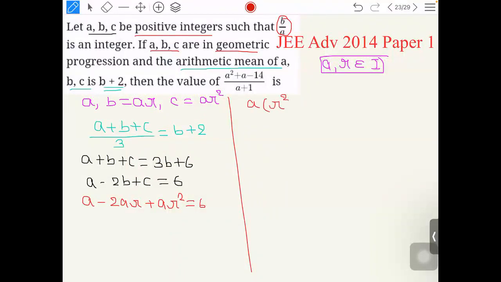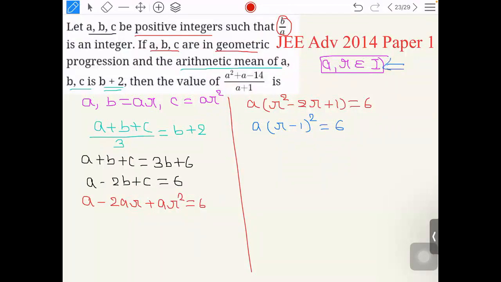R स्क्वायर माइनस 2R प्लस 1 इज इक्वल टू 6। और वी कैन राइट A, ये हमारा परफेक्ट स्क्वायर है, (R माइनस 1) होल स्क्वायर इज इक्वल टू 6।